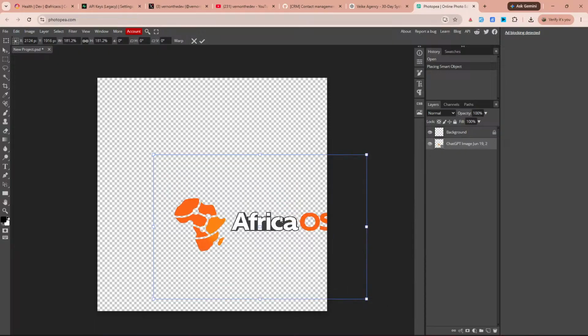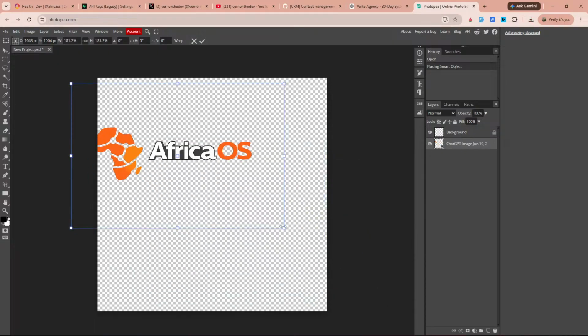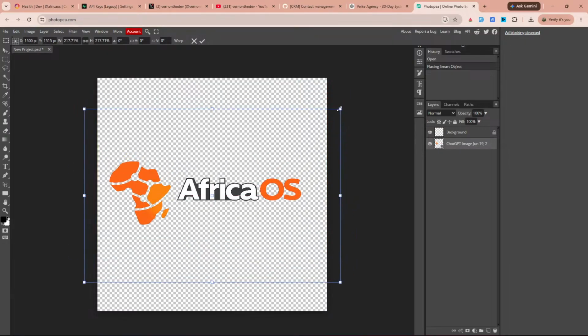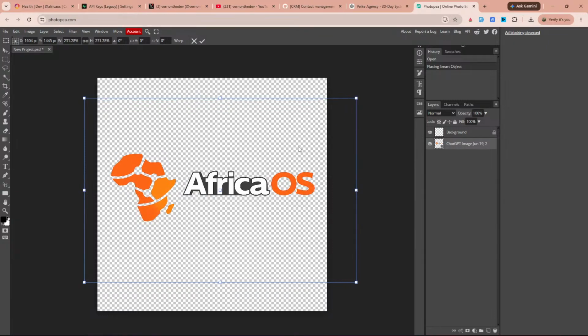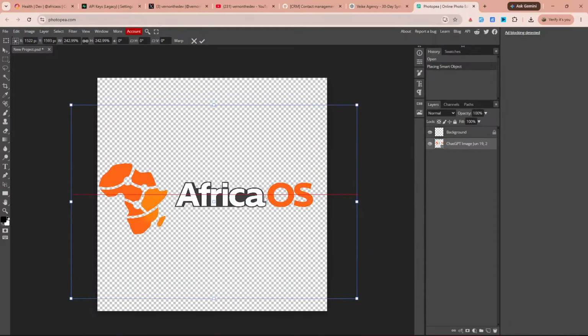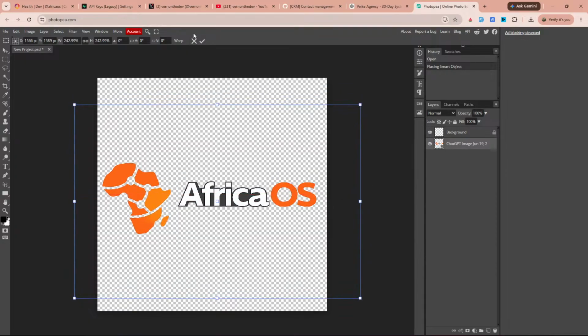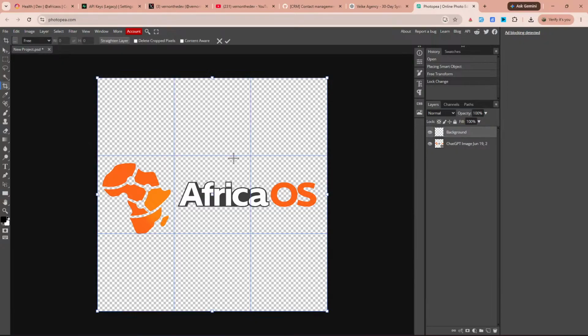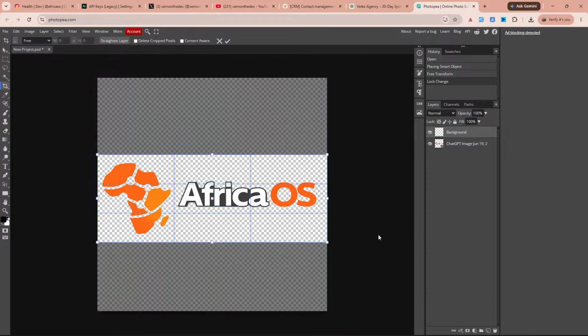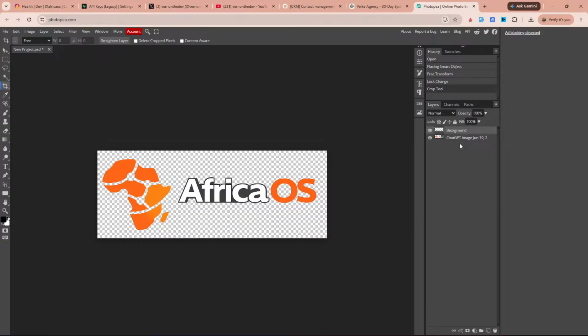So I'm going to resize this properly, and then we click apply. Then the other thing that I can do is go to the background and crop it to ensure that it's properly matching our logo size. So we can do that,